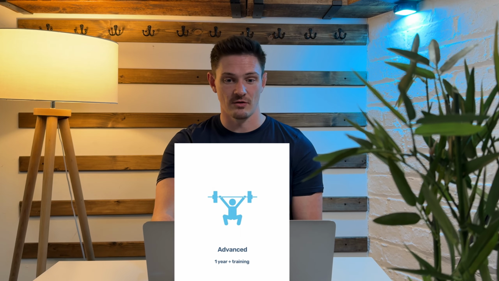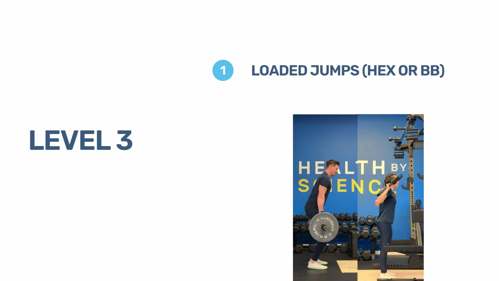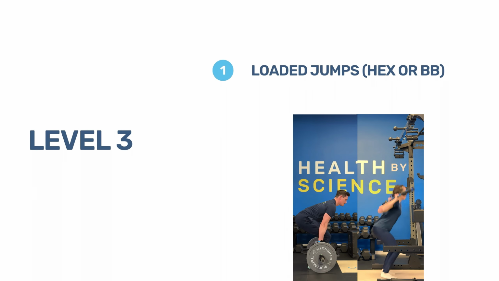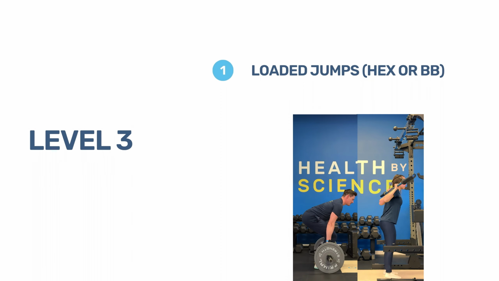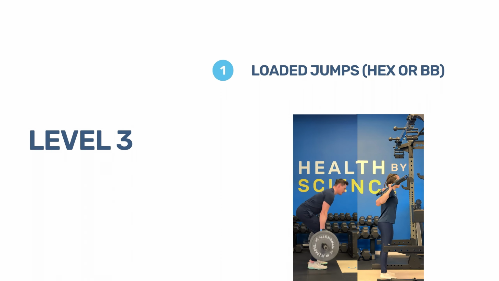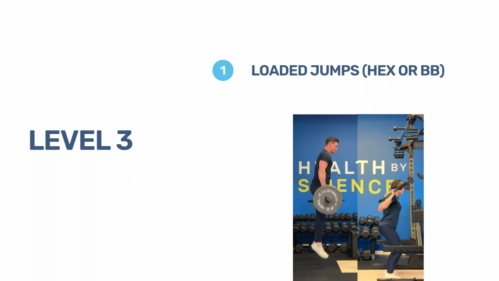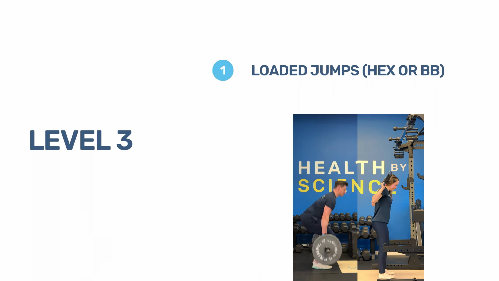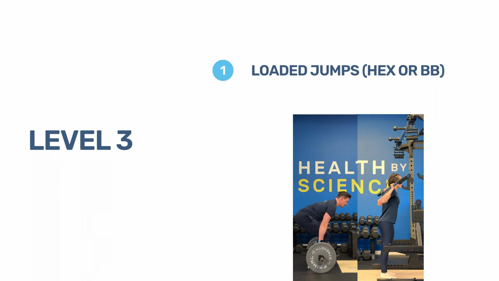upper body. For our level 3, our intermediate to advanced category, this is where our loaded jumps would come in. So we can use a hex bar or we can use a barbell for our jumping, just to apply a little bit of external load. Also holding 2 dumbbells can work. Generally, that's going to be no more than 60% of our maximum squat. Again, with these, you would start light, start with stick, and then move to barbell, and then begin to load